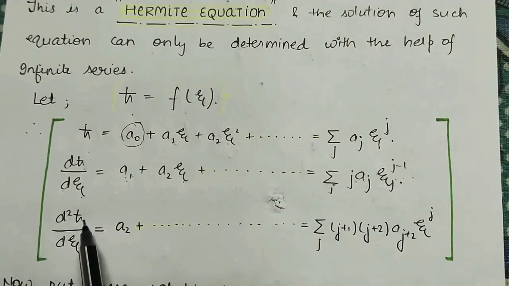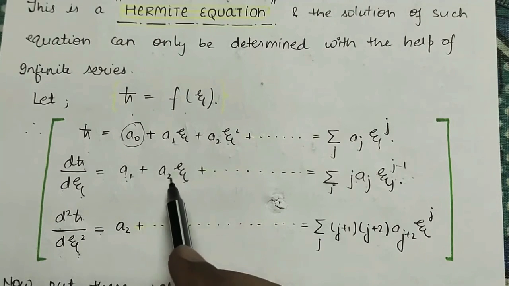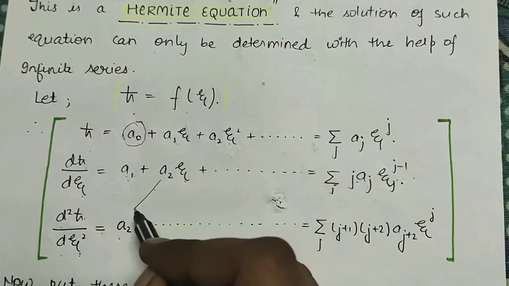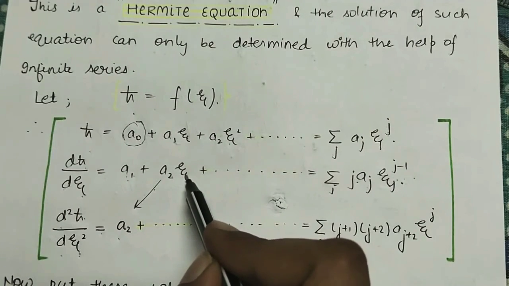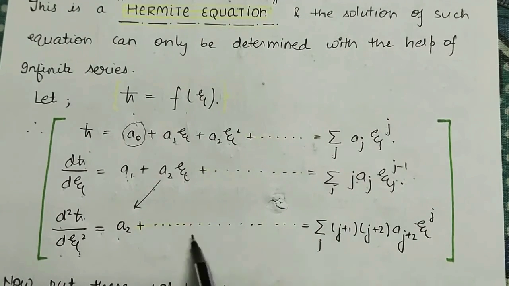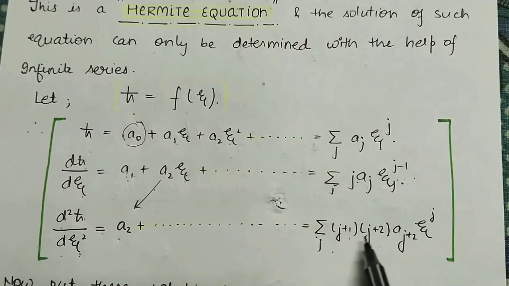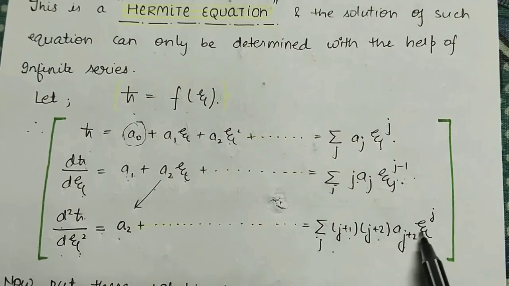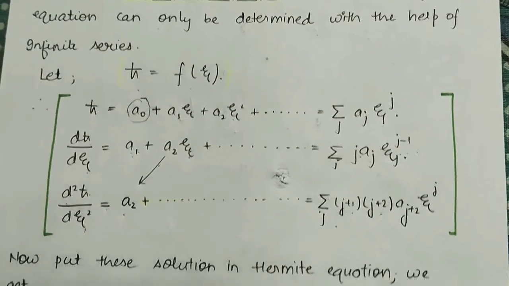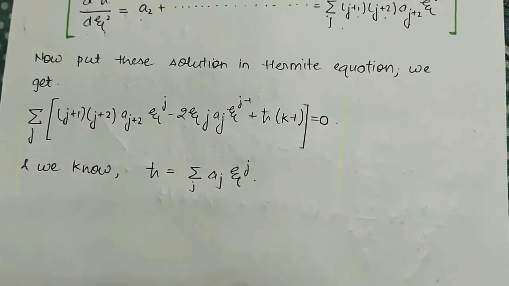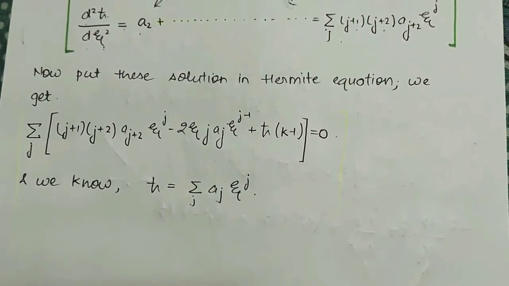Now for the second derivative of h cross, del 2 h cross over del xi square equals a2 here, xi is not here, plus up to sigma j plus 1 j plus 2 a j plus 2 xi to the power j. Okay, now put the solution in the harmonic equation. We get